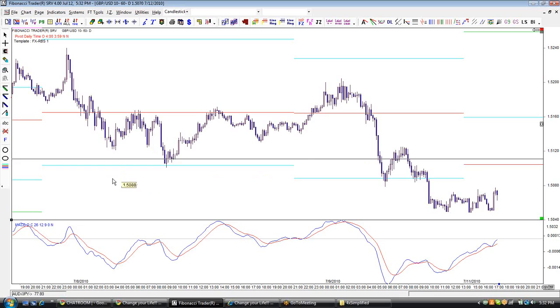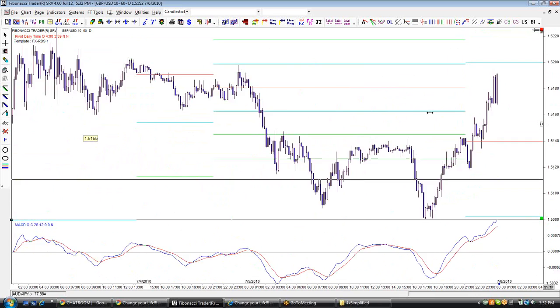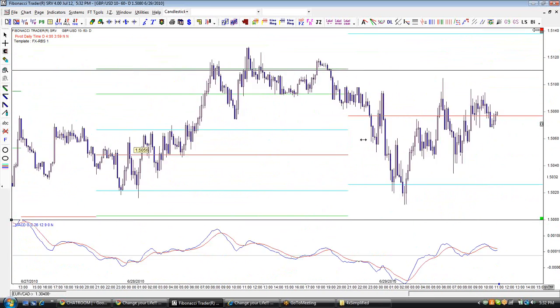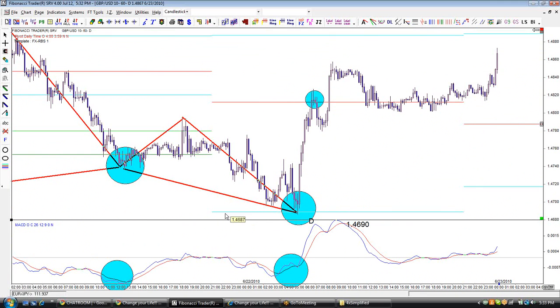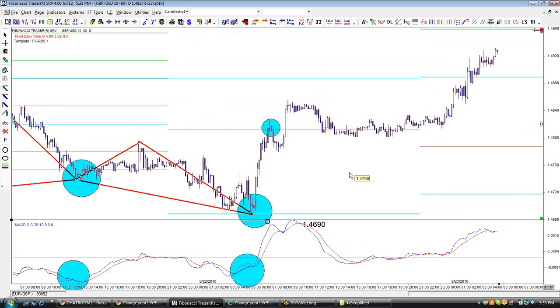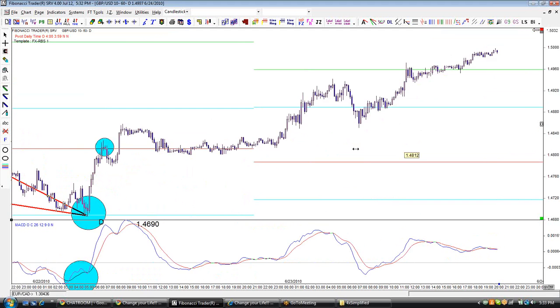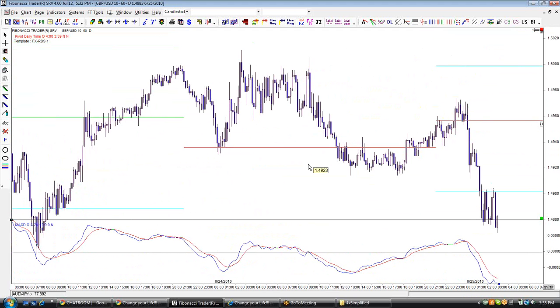Or like here, we have MACD divergence, which was far back where I was drawing, and then price formed the low at the pivot line. We're looking for some kind of convergence. Let's say we see a Gartley, and the D that we need to buy or sell is converging with a pivot line. Well, that pivot line will give us